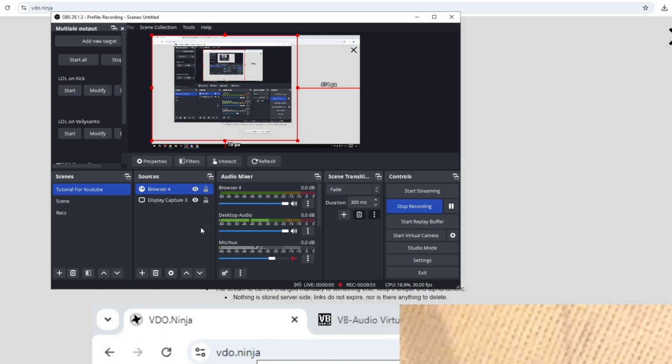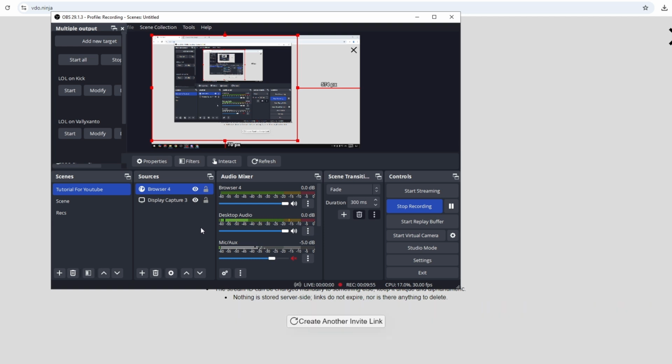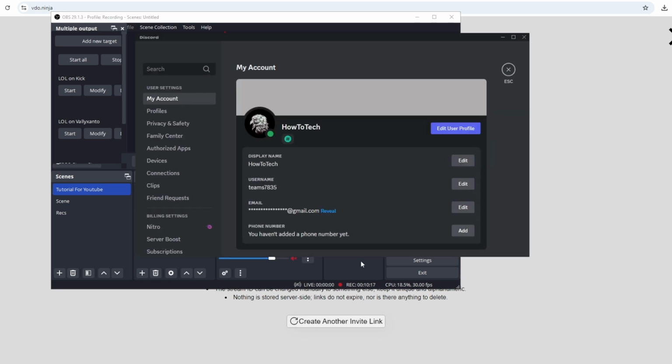So now, how you can use your phone camera on other apps like Skype, Discord and other applications is just click on this Start Virtual Camera on OBS. Click on this one, and now it will start to broadcast the camera from your phone to any app. So for example, if